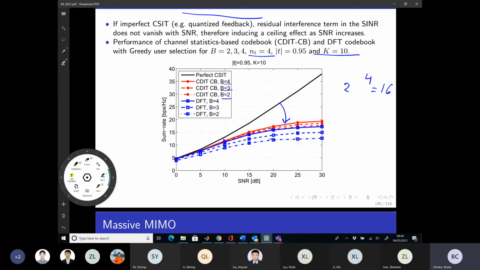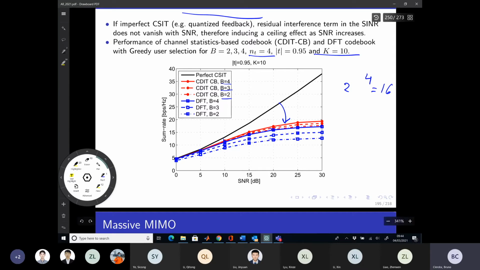That's why there's been a lot of research in the past five, a bit more 10 years on massive MIMO and channel estimation and feedback and design of precoders and all those things,